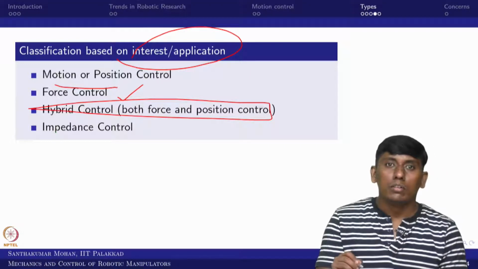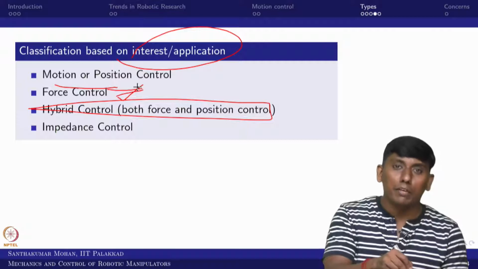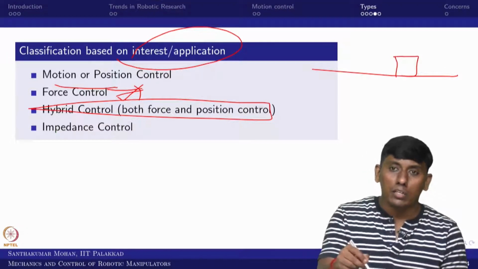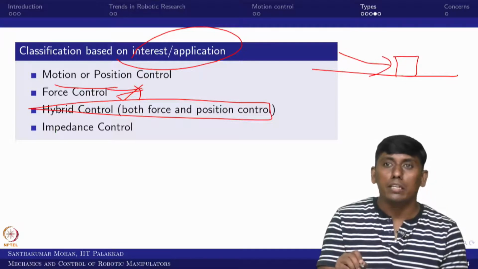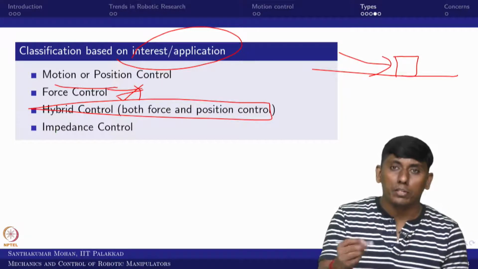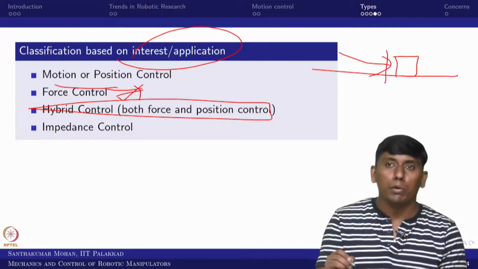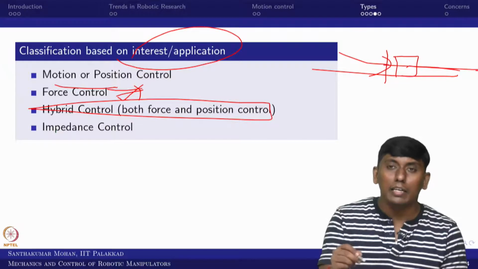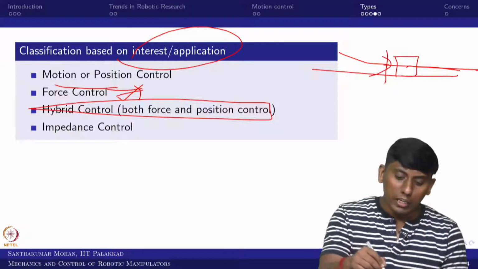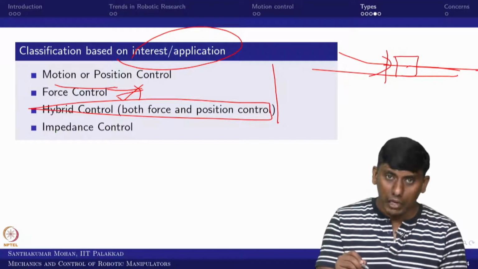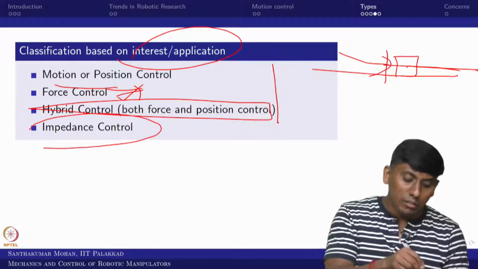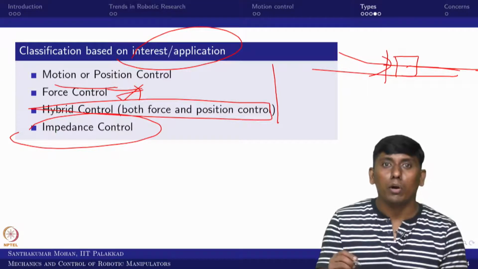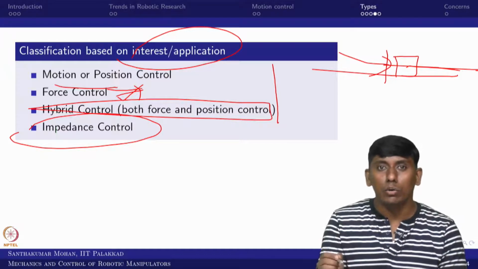hybrid. The other way around, for example, your end effector is just pushing. There is a conveyor and there is an object, and this object needs to be pushed by the end effector after inspection. So the force needs to be provided in such a way that the object is pushed. Not only the motion, but at the end the force is sufficient. So these all come into a classification. But the other, which is a kind of impedance, so the force control can also be brought into impedance and admittance control.